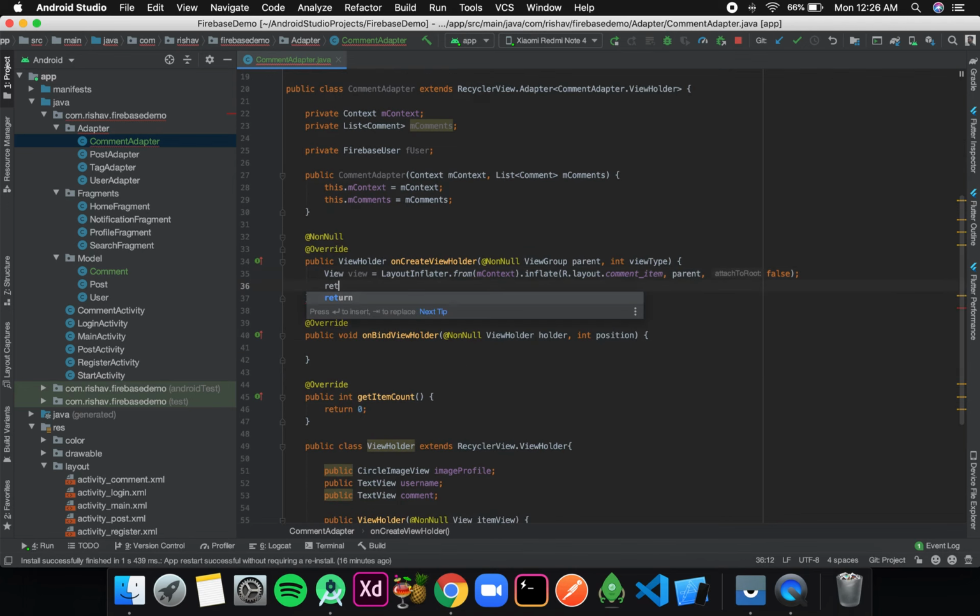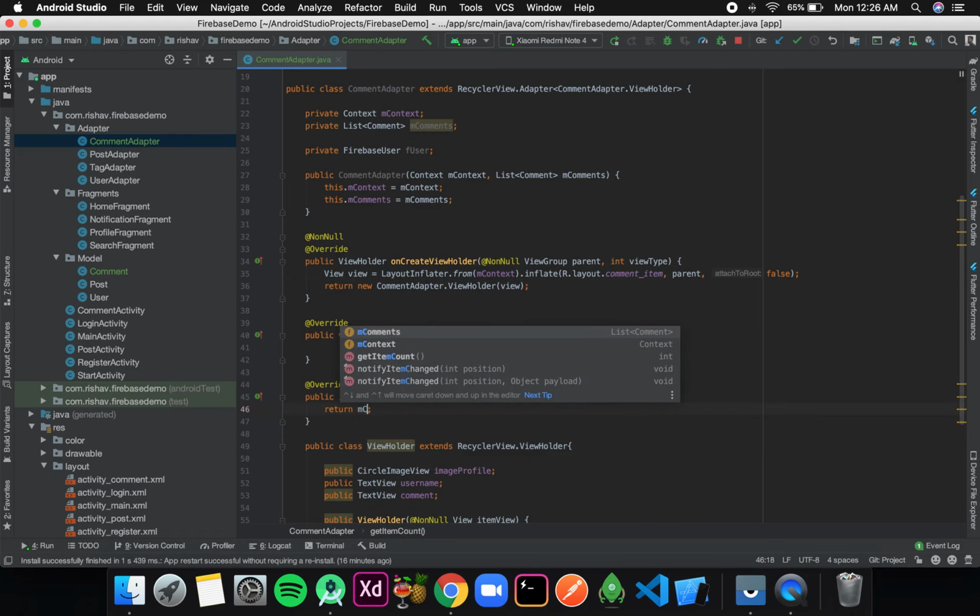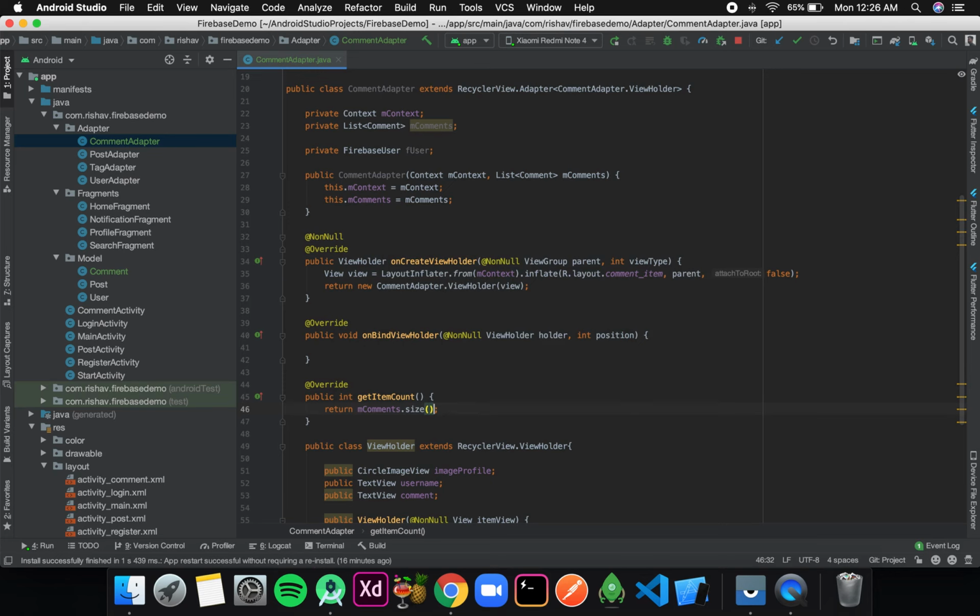Then I'll return new CommentAdapter.ViewHolder, and it will take view. And similarly in the get item count I'll return mComments.size.